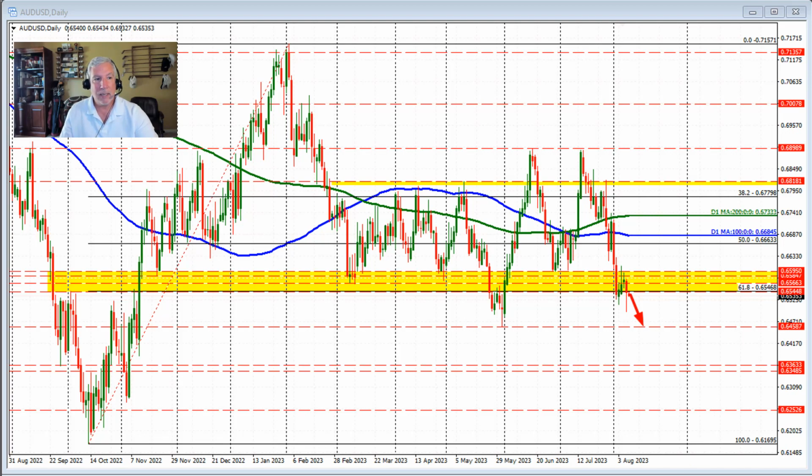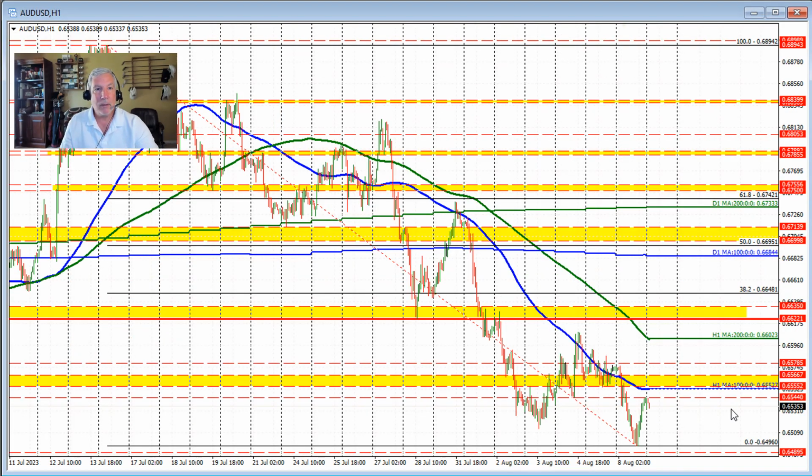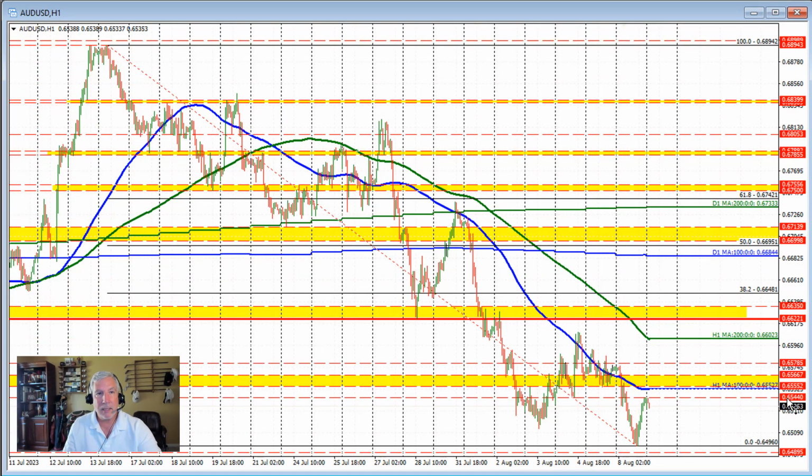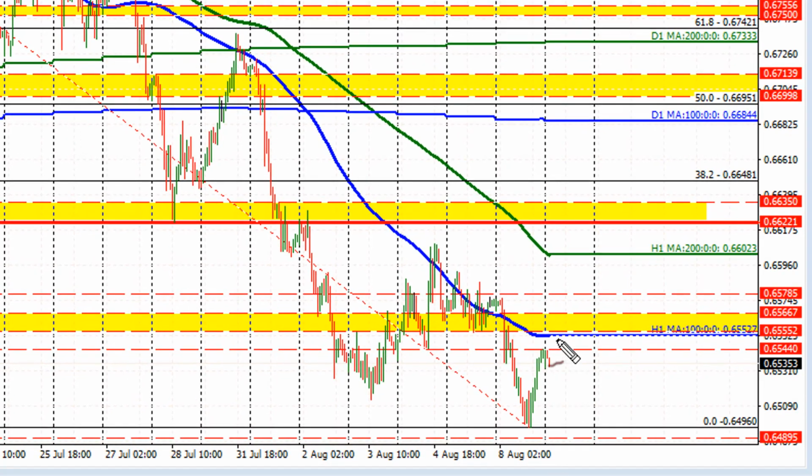Let's drill down to the hourly chart. When we look at the hourly chart, we can see that the 0.65468 level is not only a high price today, but we did correct back up to that level toward the close in trading and found willing sellers against that level. So the last 3 or 4 hours have seen a ceiling against that level. It seems like the traders know it exists and want to keep a lid on the pair there,